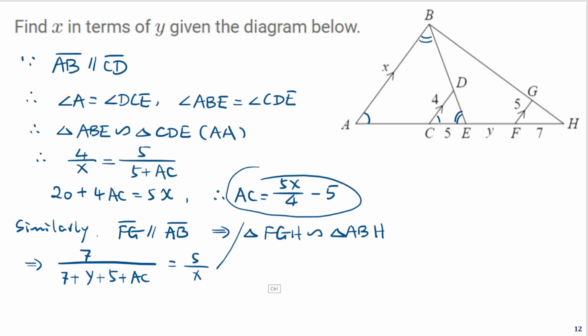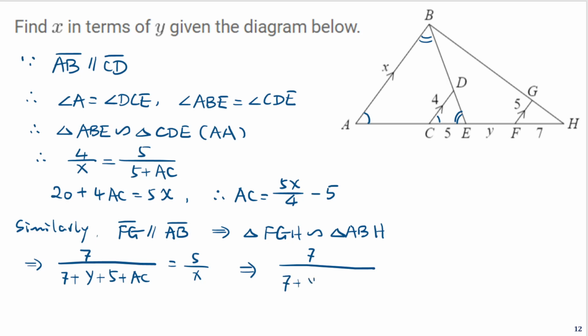Substitute there. You will get 7 over 7 plus y plus 5x over 4, right? Equals 5 over x. Again, this gives you an equation in terms of x and y, which means by cross